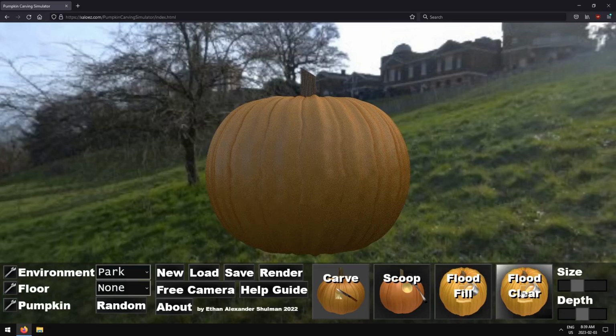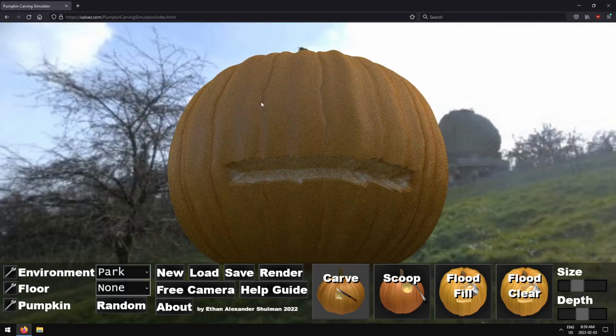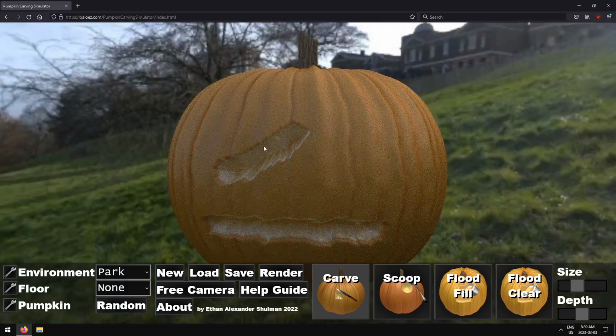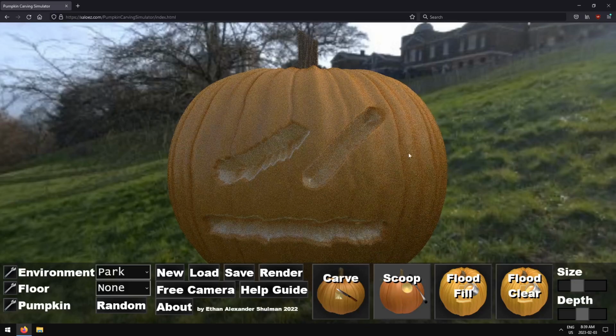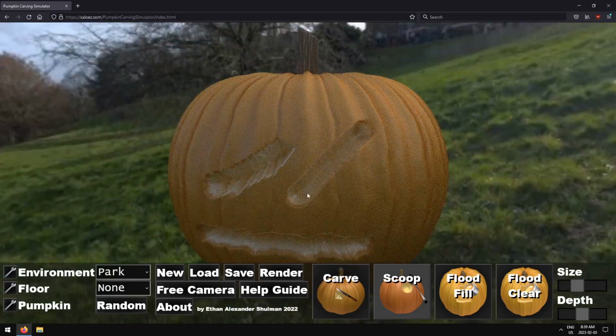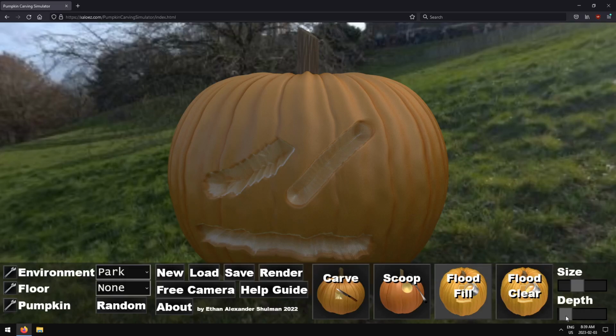So to begin, we have our carving options here. I'm going to go through them one by one. The most basic one is carve, which just does a sort of square, flat carving. The next one is scoop, which, if you can see the difference, is more rounded and circular. And then we have flood fill and flood clear, which, if anyone else has used other paint programs, you'll recognize